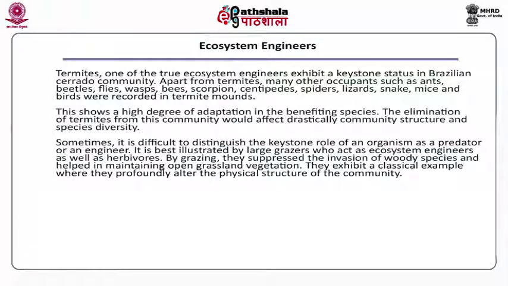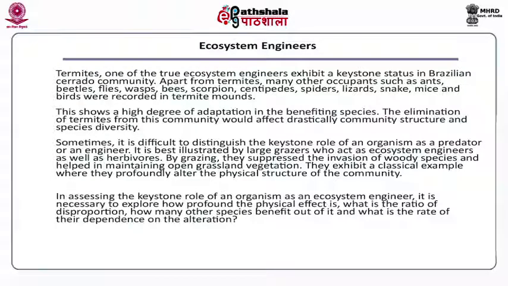They exhibit a classical example where they profoundly alter the physical structure of the community. In assessing the keystone role of an organism as an ecosystem engineer, it is necessary to explore how profound the physical effect is, what is the ratio of disproportion, how many other species benefit from it, and what is the rate of their dependence